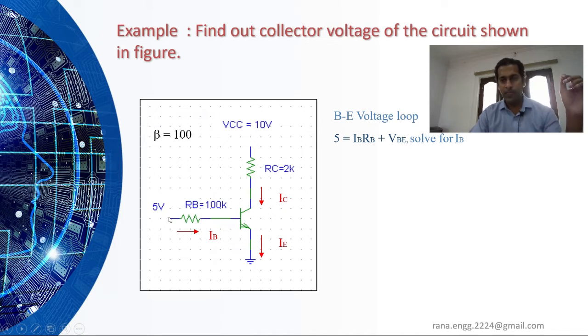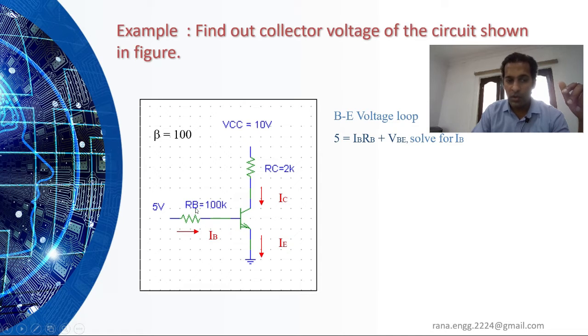Always remember, when we apply KVL, Kirchhoff's voltage law, we have one higher potential and one lower potential. Lower potential is ground, right? And higher potential for this particular part. Which part are we talking about? We are talking about the base emitter. So we have to consider only the base and emitter part. We are not talking about this part right now. We are talking about this input part. So we are starting at 5 volt. This 5 volt will be divided in these parts. So the total 5 volt will be the voltage across this one and the voltage across this one.